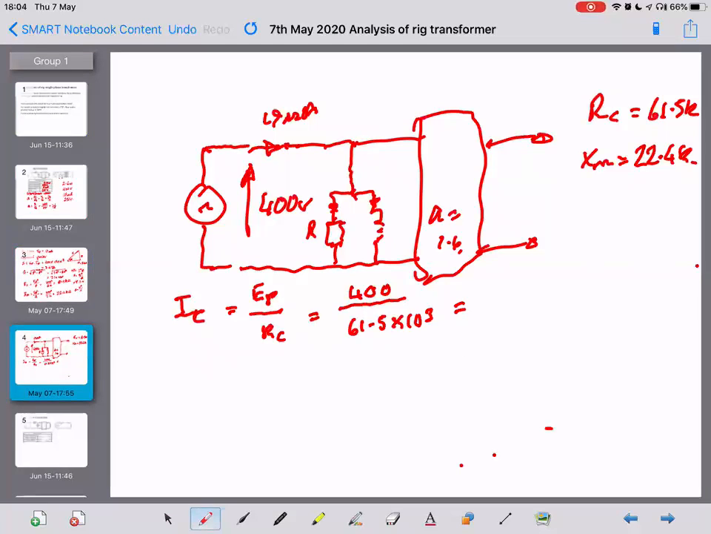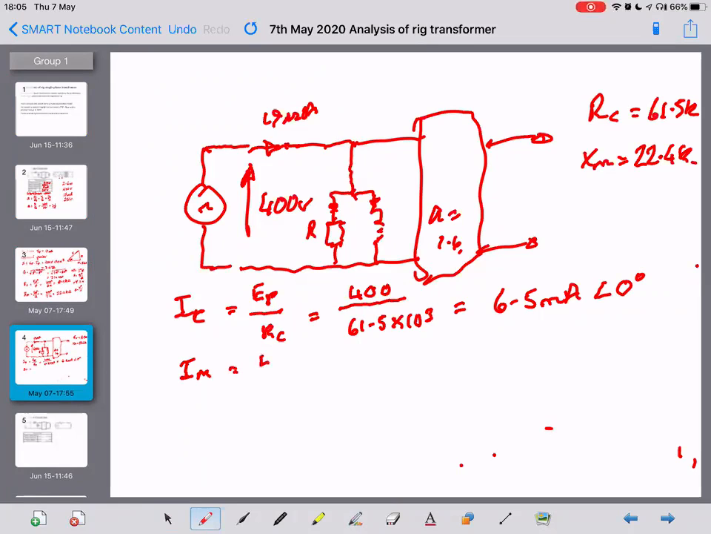So 400 over 61.5 times 10 to the 3 is 6.5 milliamps. And the angle for that would be, for a resistor, current would be 0 degrees, wouldn't it? Because the angle of a resistor is 0. And IM